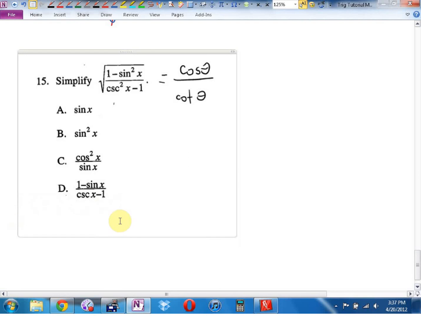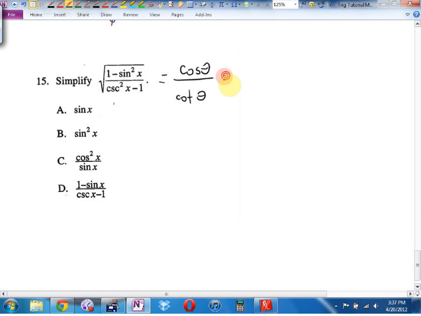Oh, now what would you do? So you're saying this is now going to be cos theta all over cos over sine? Yes, it is. And if you can see that, great. How do I divide by a fraction? Flip it and multiply. I'll have a cos on the bottom, a cos on the bottom, a cos on the